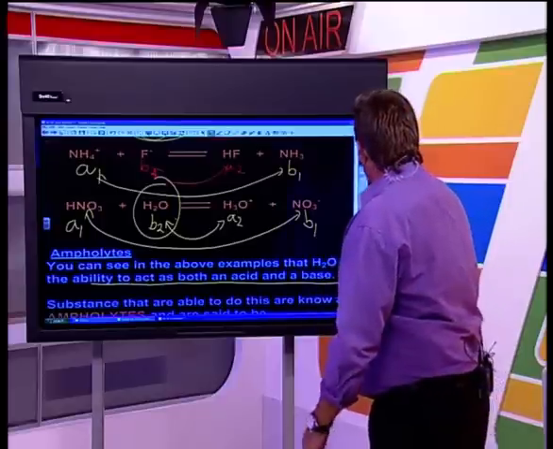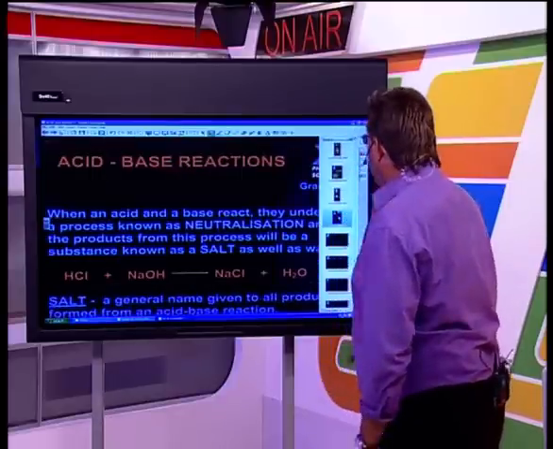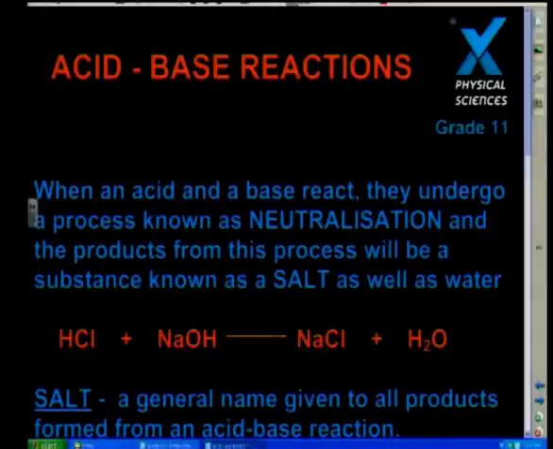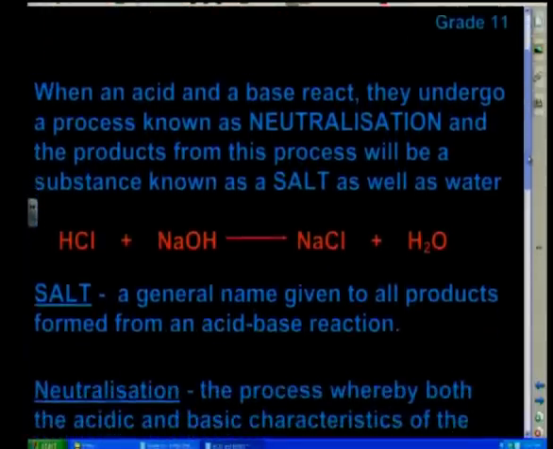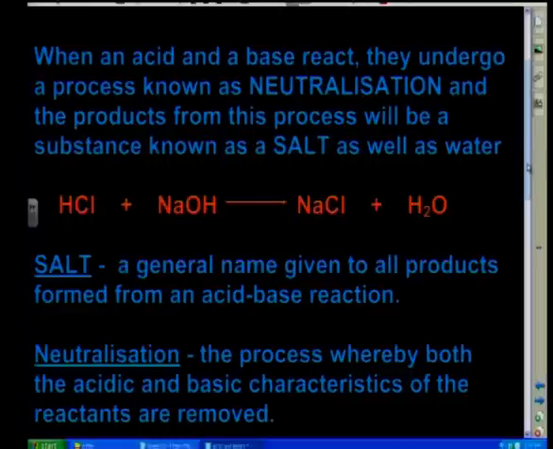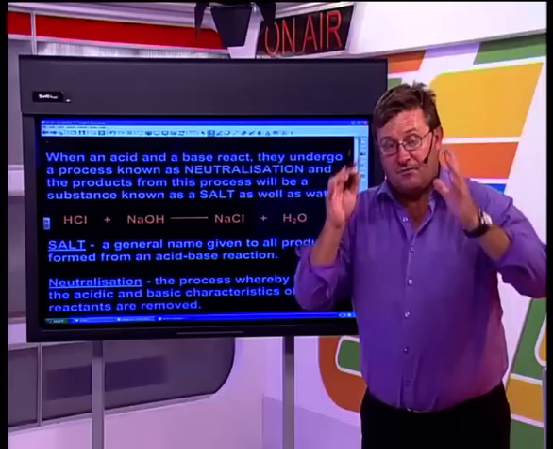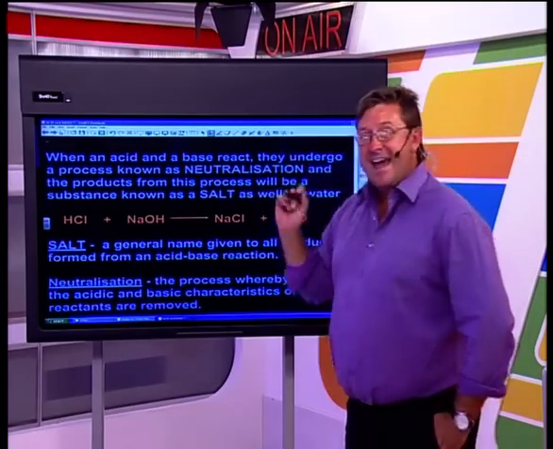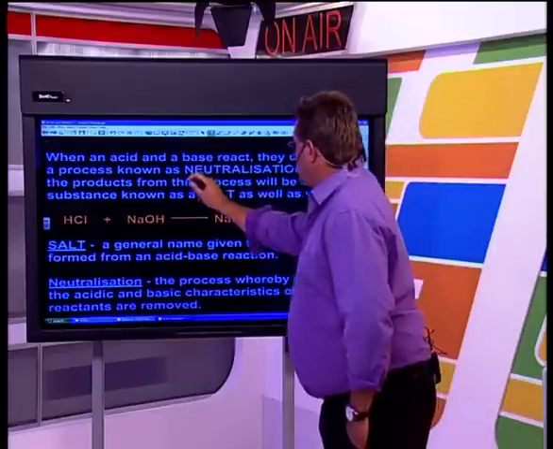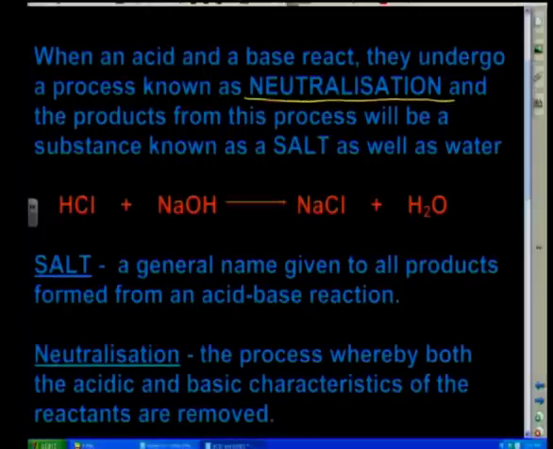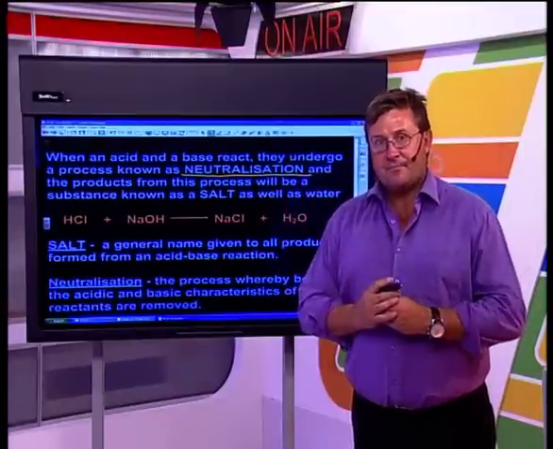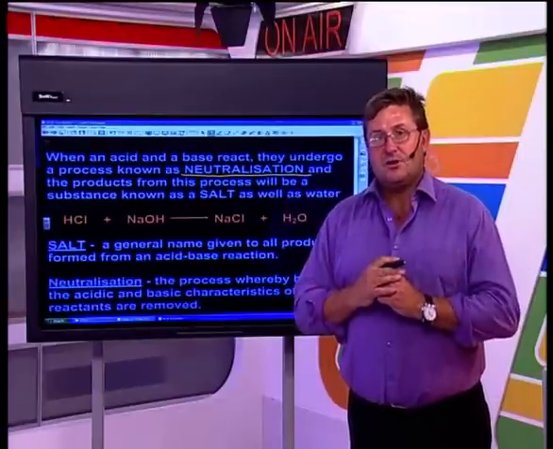Okay, but as we move into the last part of the show, there's just one short little thing I would like to quickly do with you guys, and we're still under acid-base reactions. I want to talk about what happens when an acid, for example hydrochloric acid, and a base, in terms of a hydroxide, are able to react together. And we introduce a reaction which is known as neutralization. So when an acidic substance and a basic substance react together, we have a neutralization reaction.